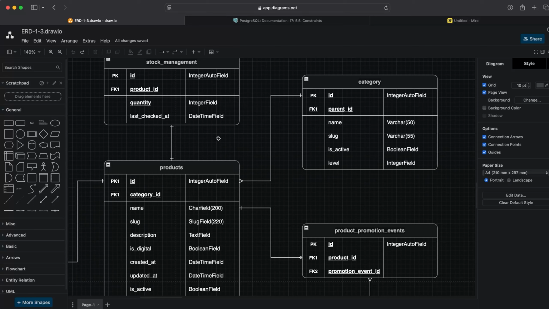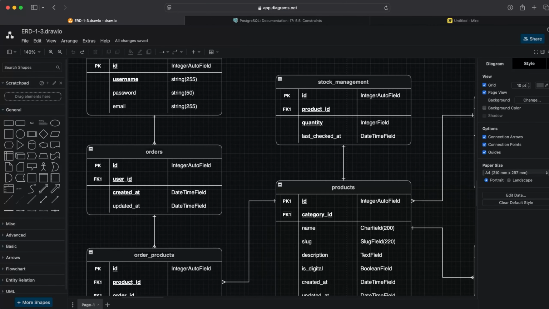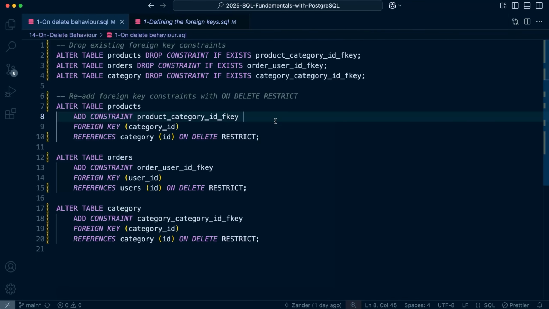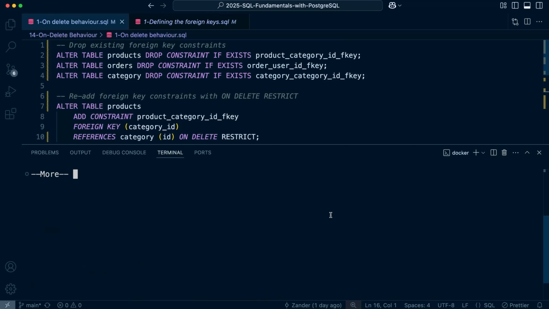As we get maybe deeper into the development process, or if you are very clear as to how the application should work, then you'll probably be able to identify straight away the correct action you want to set on the onDelete behavior. So we will set the restrict on all of the relationships that we've created thus far. Like I said, that will require us to drop the existing